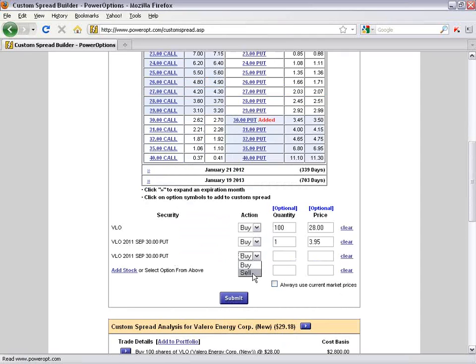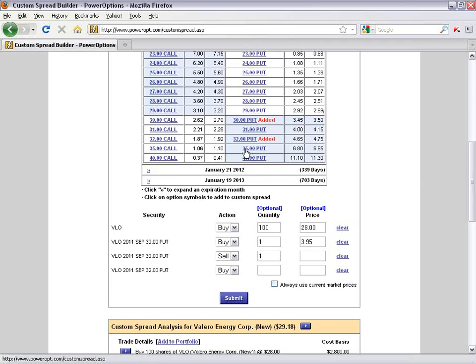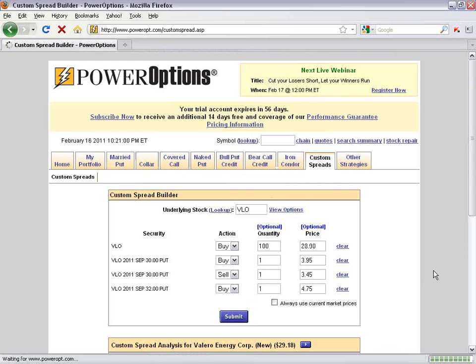So what I'm going to simulate is selling my 30 strike put, and I'm going to take the natural bid price at $3.45. So I'm not going to put in a price. I'm going to assume that I sold to close it at the natural bid price of $3.45, and then we're going to add in the 32 strike put. Okay, so I add that in there. I change my action to sell, and then I'm going to go ahead and buy the 32 put, one contract. Okay, and I'm going to leave the natural bid price there at $4.75. So when I click Submit,